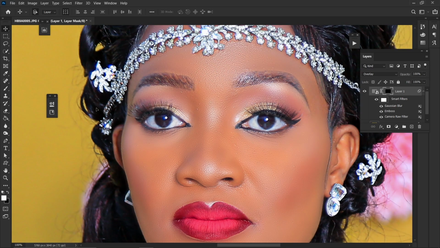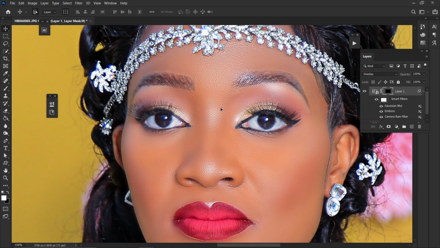Then we are going to change, it's already changed. As you can see, if here it's black, make sure this layer is also black